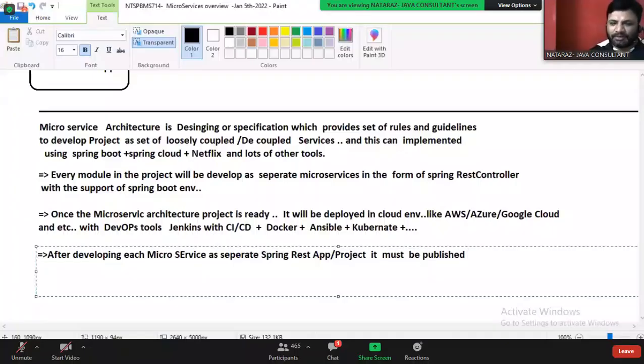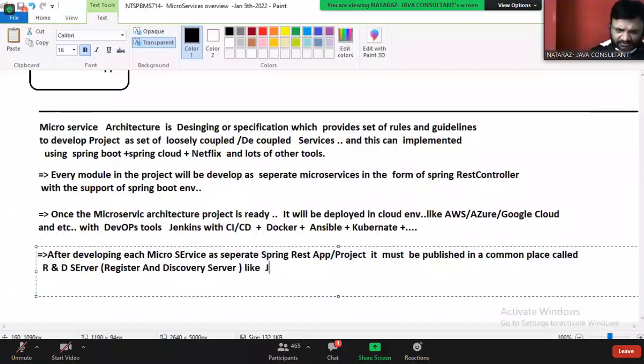It must be published in a common place called, what is this? R&D server. What server, guys? R&D server. What is that? Register and discovery server, guys. Okay, discovery server. Register and discovery server called, like, what is the server name, guys? Eureka server.